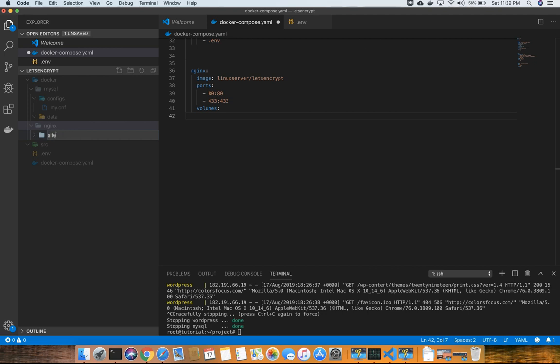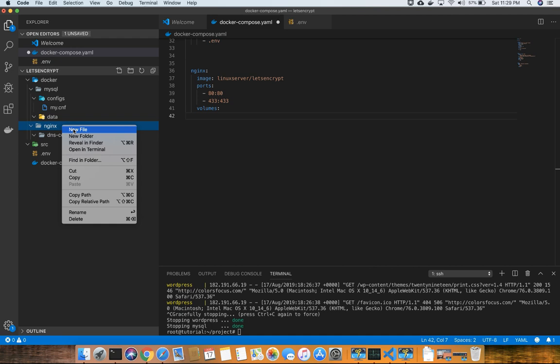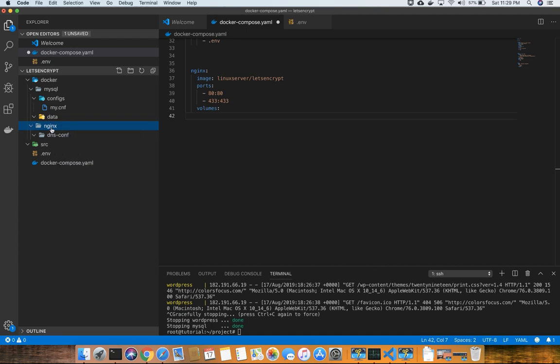Actually, DNS config, and here I will create some files. For example, I want another folder that is config,